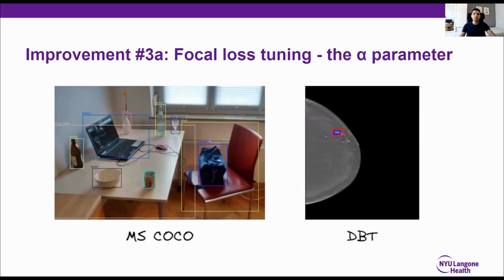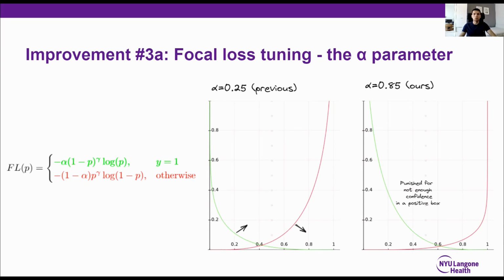Next, we analyzed and enhanced the behavior of the focal loss. The MS-COCO dataset, on which our model was pre-trained, contains on average a much larger object-to-image ratio than DBT. For this reason, the loss function has to deal with a great number of background boxes, with only a few positive ones. As a solution to this problem, we have tuned the alpha parameter in the focal loss from 0.25